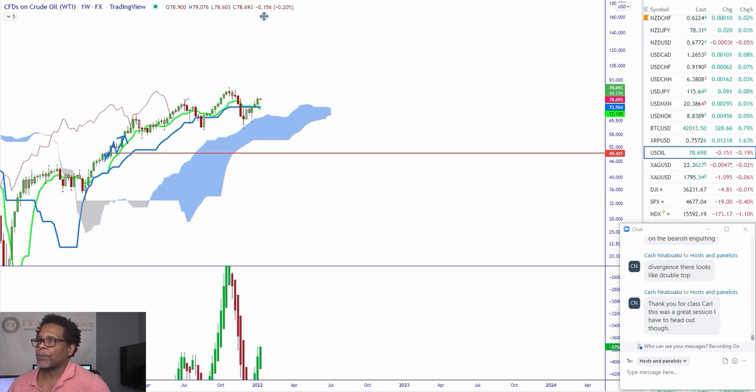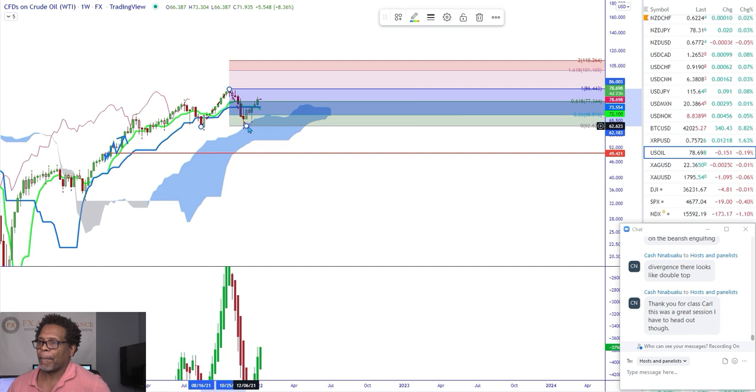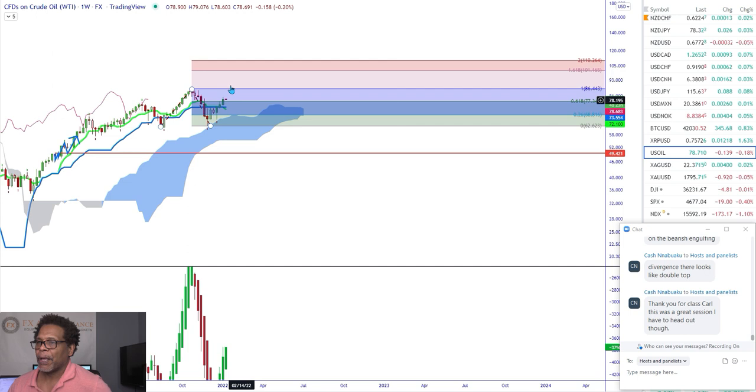So where could oil move to? Let's see where oil could move to real quick. Oil could move right up to this top again. So looking at 86,443. I'm not going to get into oil right now because I should have been in it already. But I think it could push up to 86,443 before maybe you see another little correction. But I think oil's still pretty bullish.